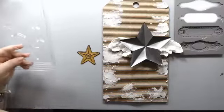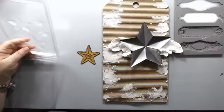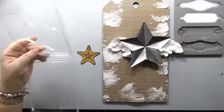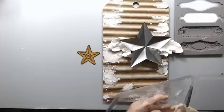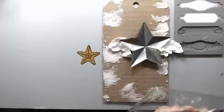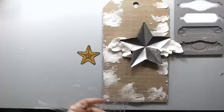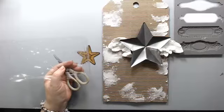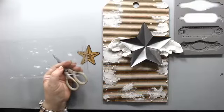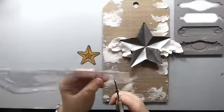So I have to cut out these stars, and while I cut them, I can look at the chat. If you have any questions about the resin, about anything, I can basically answer while I'm cutting. So yeah, here I'm just trying to go back to the chat. Okay, so there we go. So I'm going to cut these around,